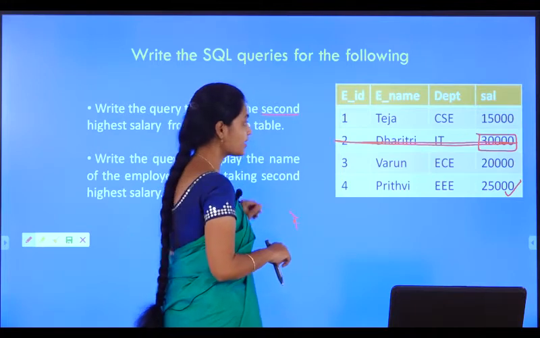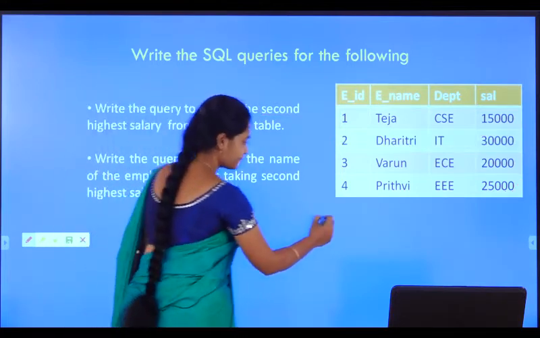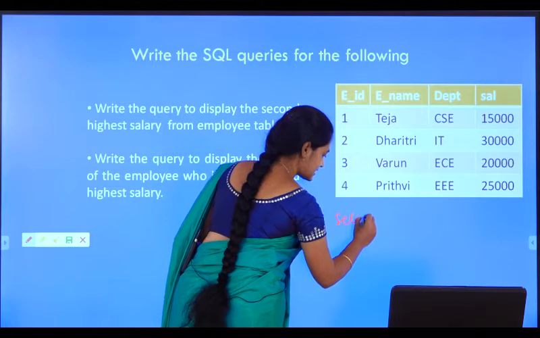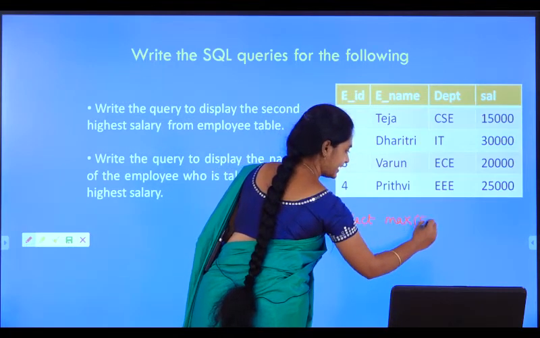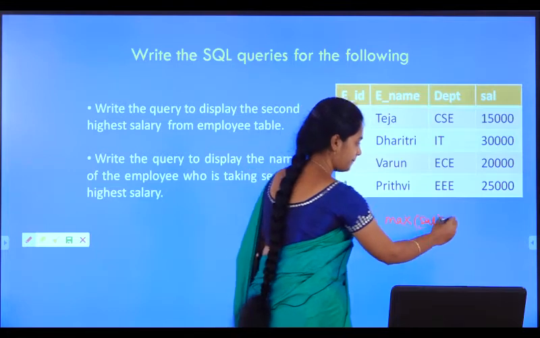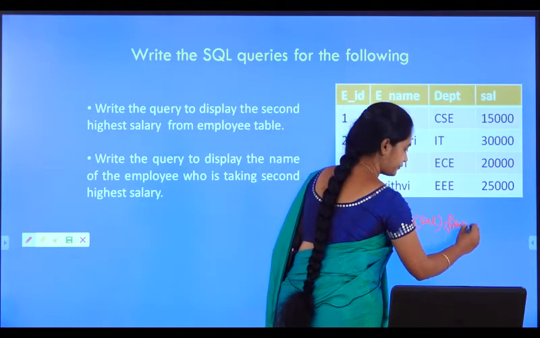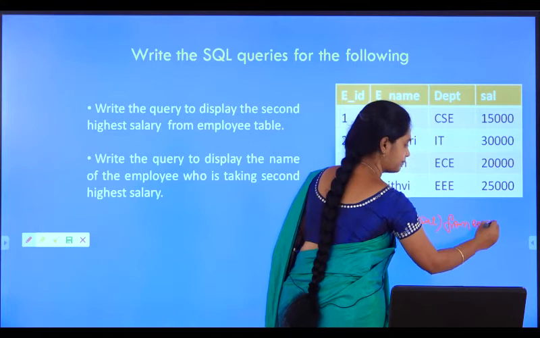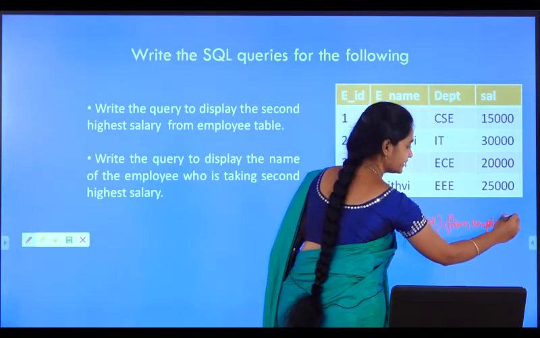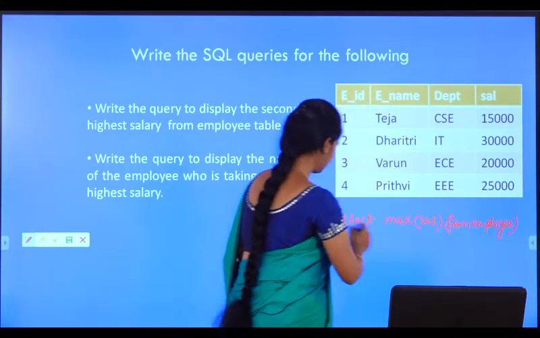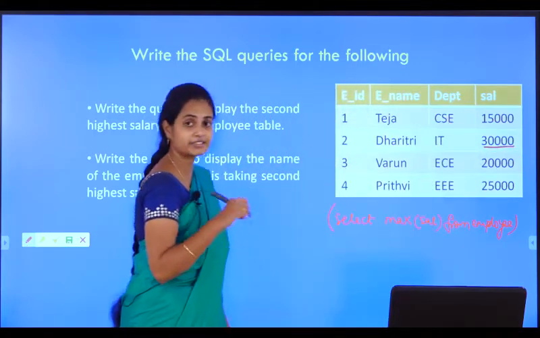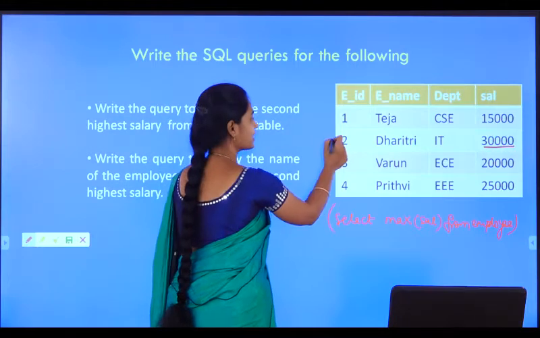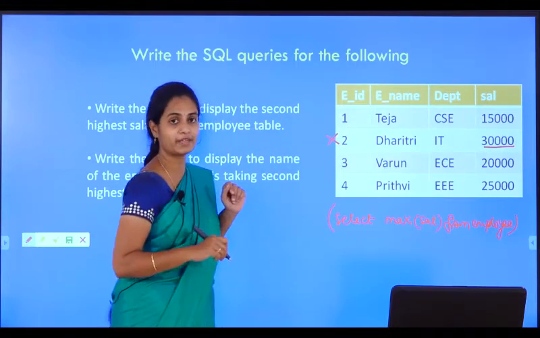Now see here. How do I write it? First one is select maximum salary from employee. We know that this one will retrieve 30,000. Now I need to exclude this tuple from the database.